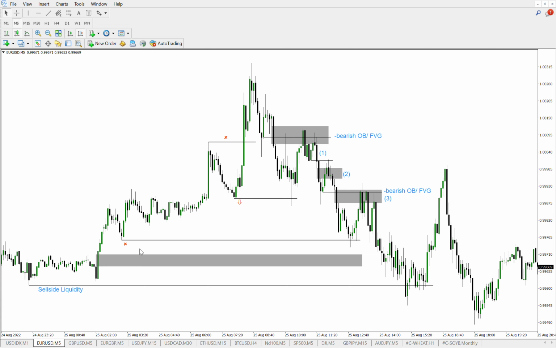Okay guys, so if you're looking at the ICT 2022 model, right, each of these setups are the 2022 model, okay, but they just happen in the span of one price swing on the 5-minute time frame, right? Like if you're to look at the second entry here,